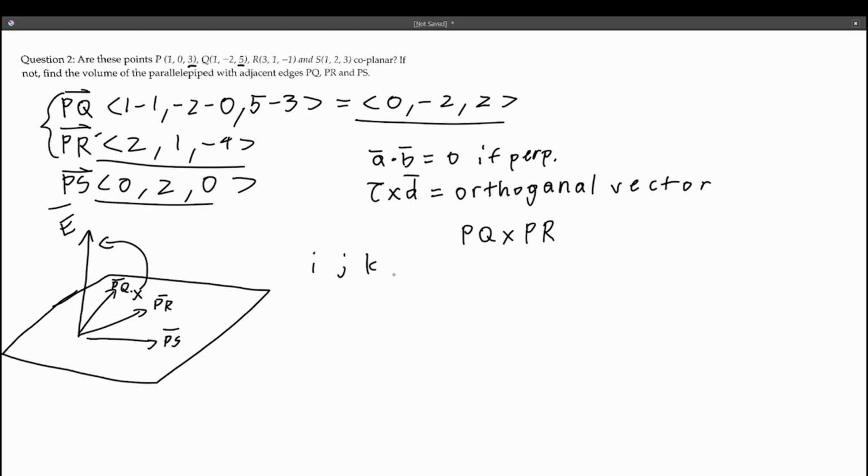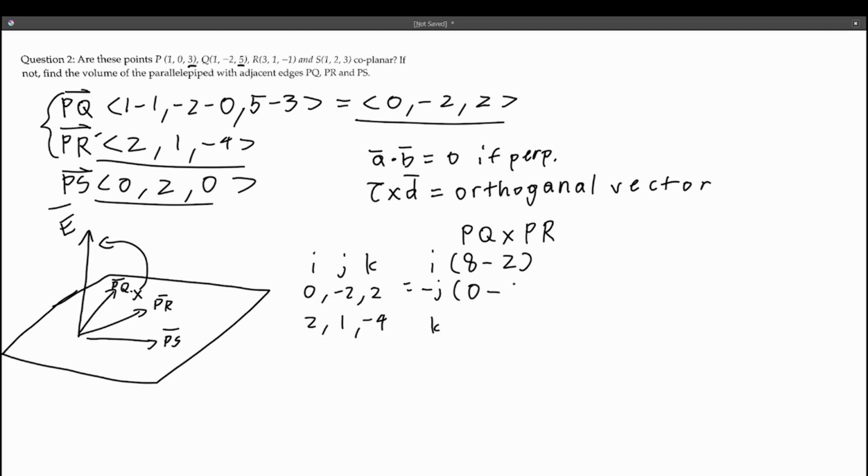So, cross product of PQ and PR, we'll start over here. Just write i, j, and k. For PQ, we have 0, negative 2, and 2. And for PR, we have 2, 1, and negative 4. So for the cross product, we have i, negative j, and k. For the i portion, it's as if we crossed out i, and then did the cross product of these right here, which gives us negative 2 times negative 4 is 8, minus 1 times 2 is 2. For j, cross out the j, and then cross multiply these ones right here, which gives us 0 times negative 4 is 0,